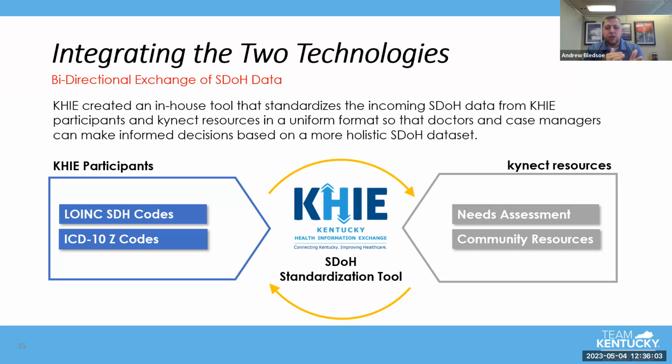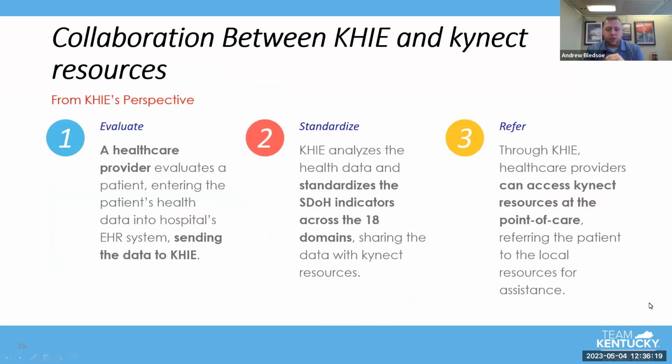So we've matched every single one of those to those 18 priority indicators, and we've given everyone a red, yellow, and green status so that you can easily look to see if there is SDOH information on an individual that you're working with. We'll move ahead 2 slides. Actually, I want to go to the picture.